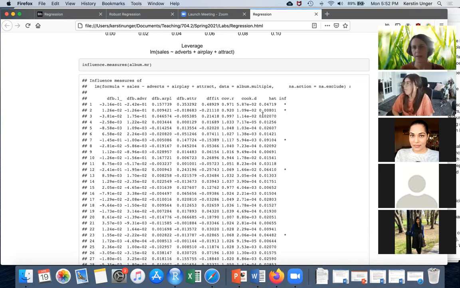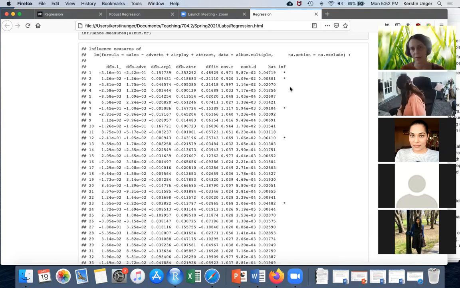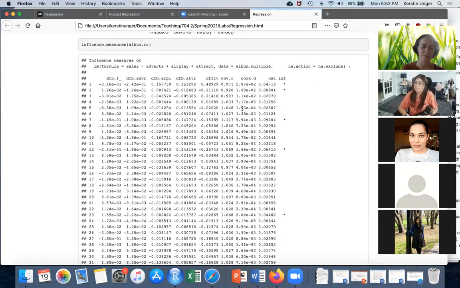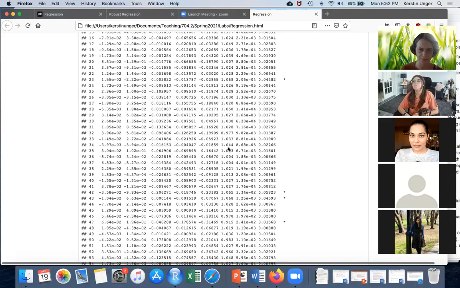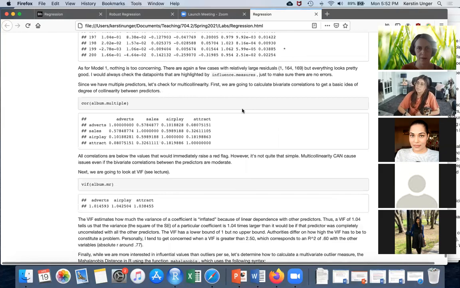And then wherever there's a star, that is a case that has, in any of those statistics, a slightly unusual value, right? If we want to be really thorough, we could check all these flagged cases here, just to make sure that everything is correct with them, so that there was no error with the data entry or something else that would justify an exclusion of the data points. All right, so